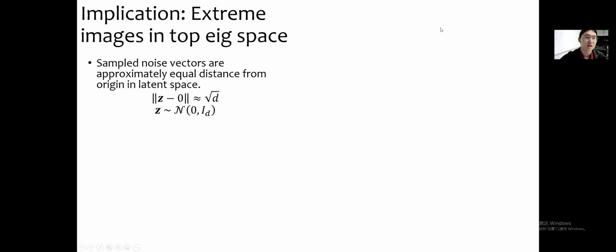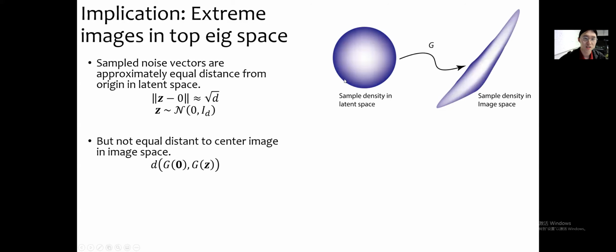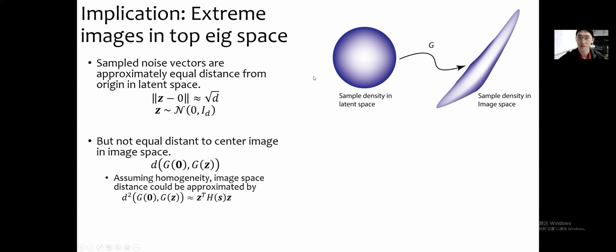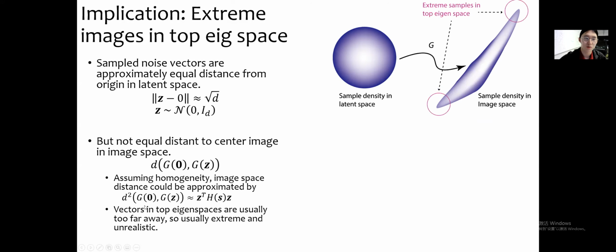So we observe that the sample noise vectors are approximately the same distance from the origin in the latent space. However, those samples are not equal distance to a center image because of the anisotropy of the map. And if we assume total homogeneity, then the image space distance could be approximated by this quadratic form. And so you can imagine when your vectors lie in the top eigenspace, this distance is much, much larger than the average distance. So to translate that into natural language, it just means those vectors create images that are